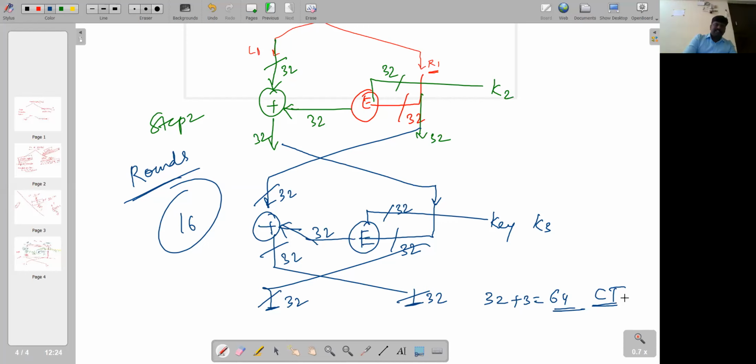Now there are different strategies. They can use the same key for all the rounds. See, I mentioned K1 and then K2 and then K3, so it depends upon the algorithm which we choose. They can use the same key for all round functions, K1 for all 16 rounds, for example. Otherwise, they can generate different keys for each round.